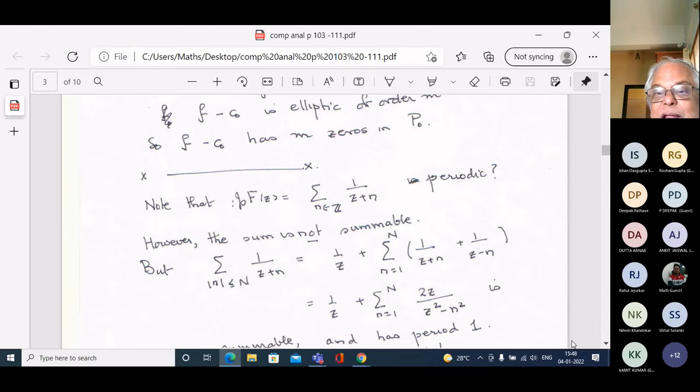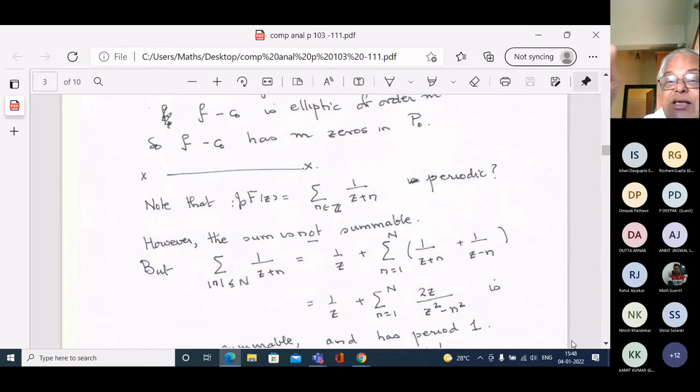But when you do that, you can take out the term which corresponds to n equal to 0, and then you have the terms which correspond to n equal to 1 and minus 1, n equal to 2 and minus 2, and you start grouping them together, which I can do because this is a finite sum. And when you have this finite sum, each summand is now decaying like 1 over n squared. And therefore, this sum will be summable. That sum will be finite because it's decaying like 1 over n squared. So the point here is that I'm arranging it in a certain way.